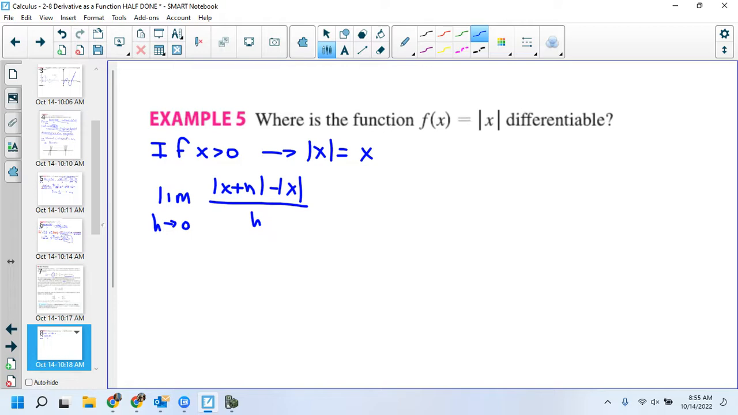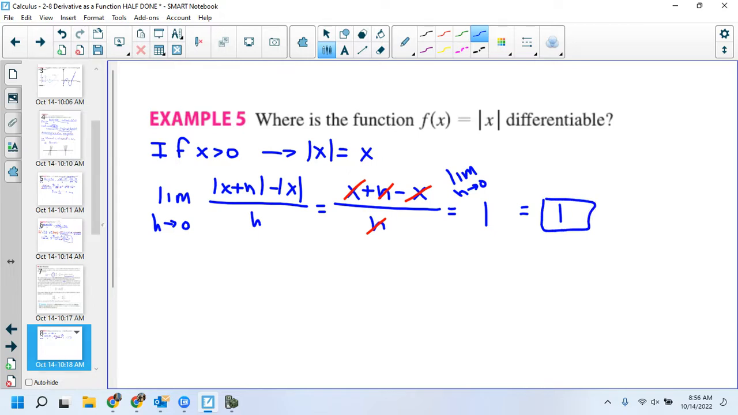Okay, if the absolute value of x is going to be equal to x, h is always going to be positive. So I can take off the absolute value sign of x plus h and also take off the absolute value sign of x. Look what happens. This reduces to 1. The limit as h goes to 0 of 1 is, the limit of a constant is the constant,